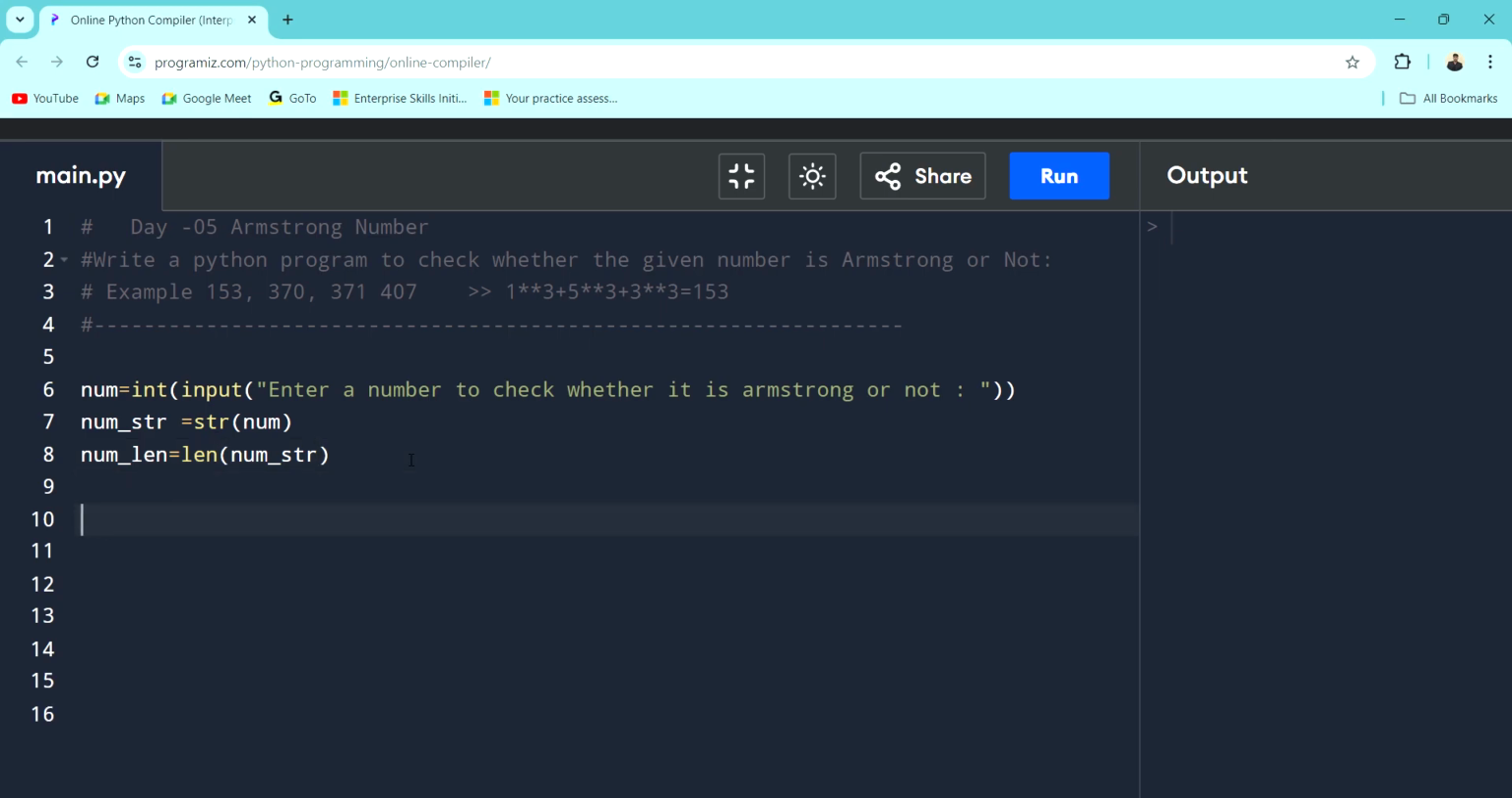One more variable, that is sum of power, okay, equal to 0, because anything added to 0 will be the value itself. So if I will be taking here input as 153, then we need this solution like sum of powers of this. So for this thing I will be creating a for loop, for i in num str, then sum of power